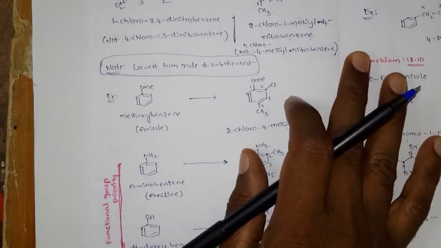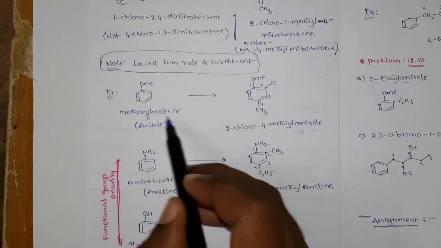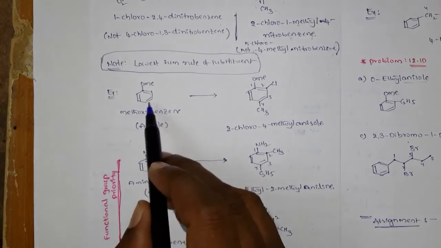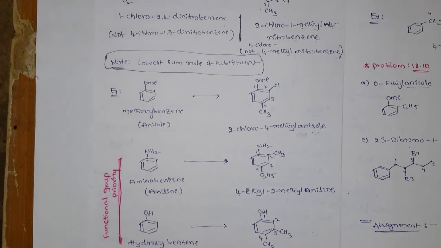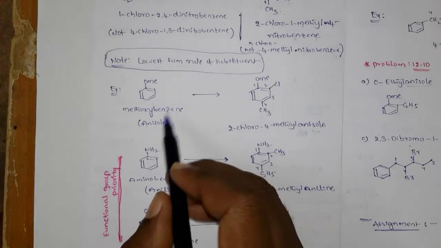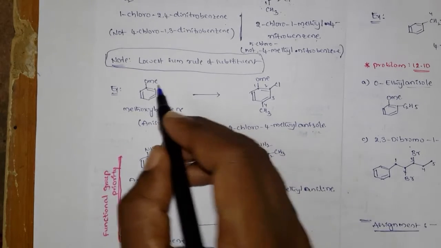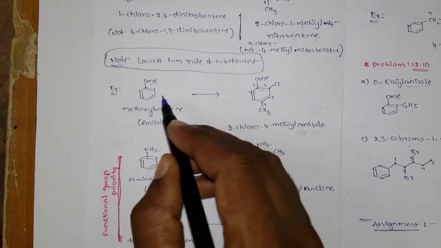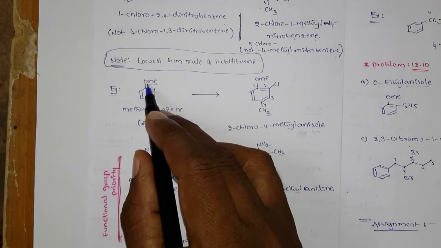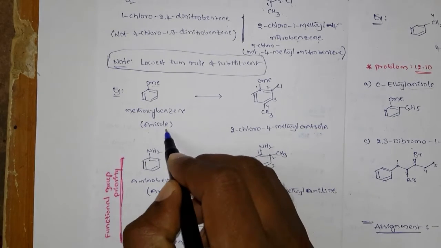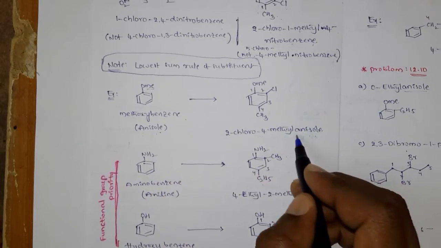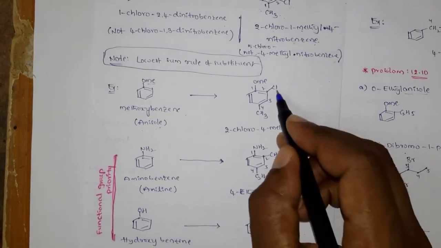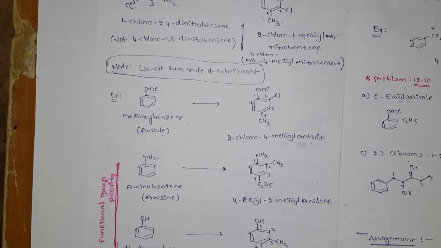Okay, then fine. In some cases what will happen, instead of the benzene, they will take the trivial names as a suffix. Okay, so here anisole, what is the name? Here is the Me. Me is nothing but CH3. So on benzene there is an OCH3. What is the name? It is the anisole, methoxybenzene, anisole. So take this anisole as a suffix, and the remaining two they will consider as prefixes.